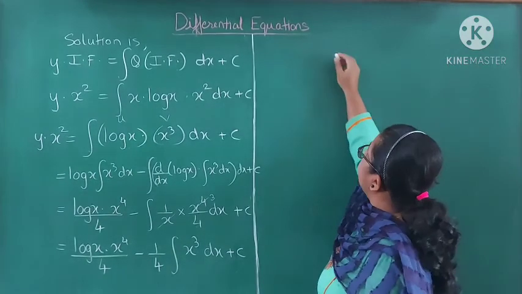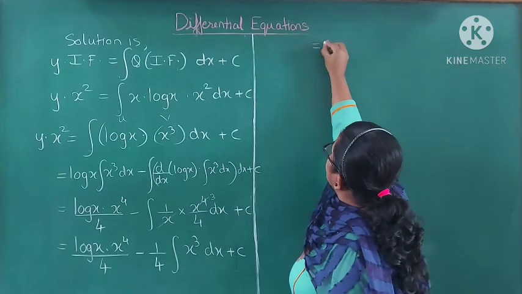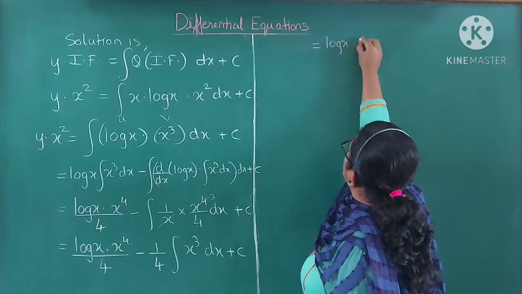So the integration of x cube is x raised to 4 upon 4. So this is equal to log x into x raised to